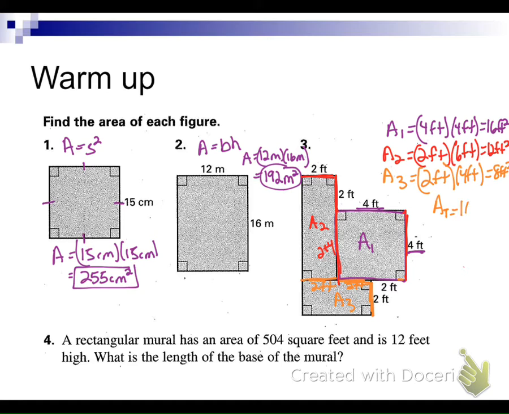Then for our last step to find our total area, we got to add all those up. 16 plus 12 plus 8. When you do that math, 16 plus 12 plus 8, you get 36 feet squared